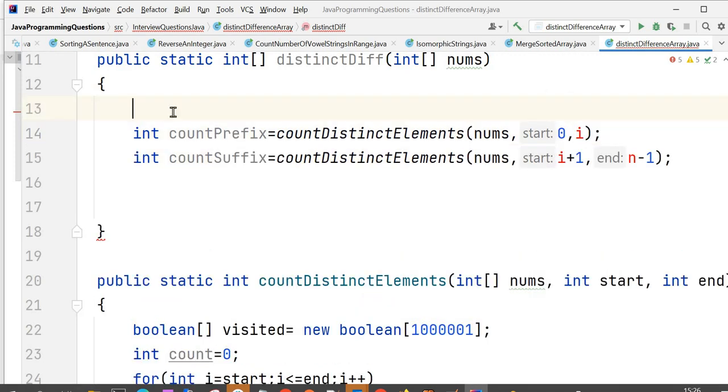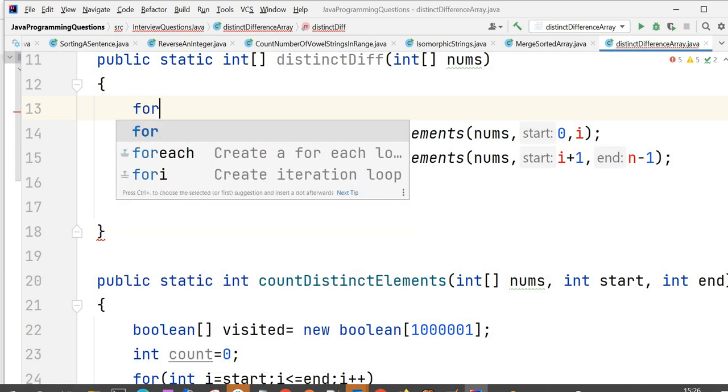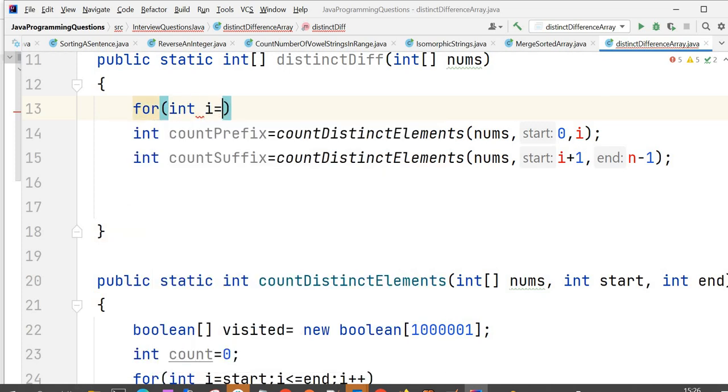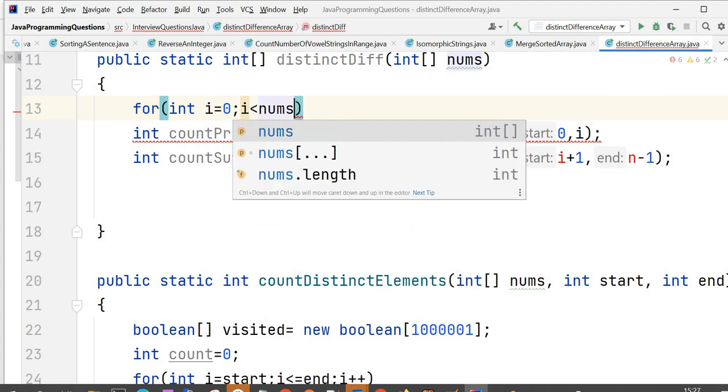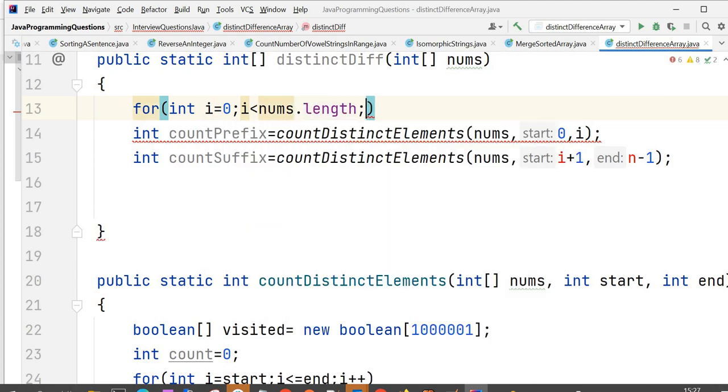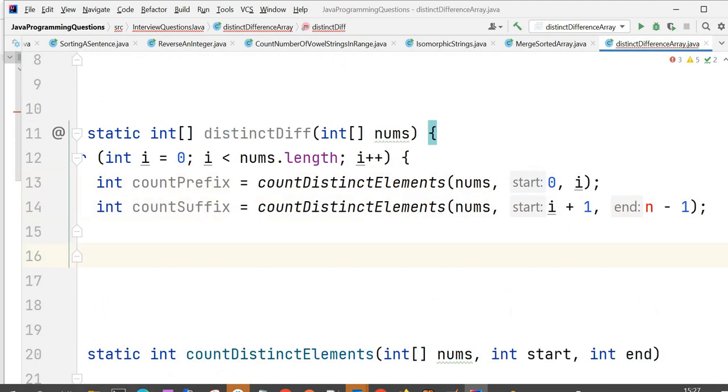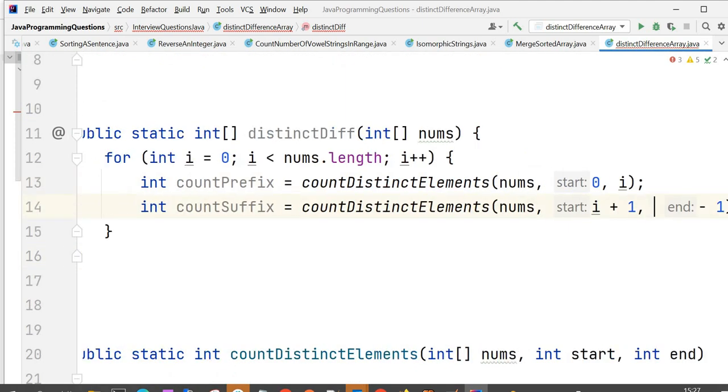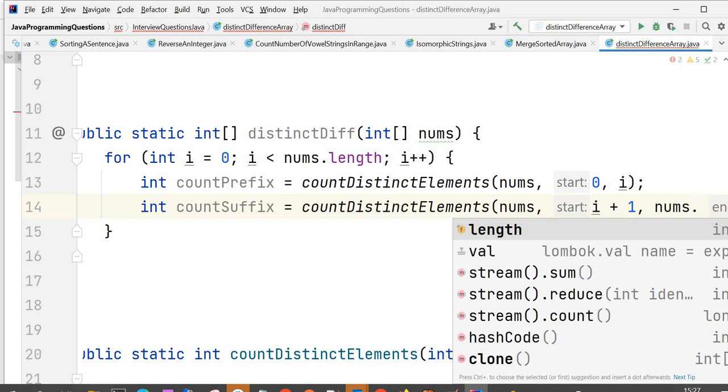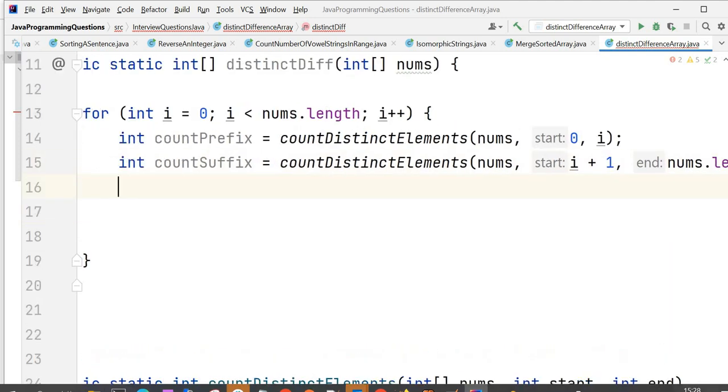Prefix and suffix, we are counting for each element of the array. So we need to write our loop, which would run while I is less than nums dot length, I plus plus. What is n? N is nums dot length, right? And then the difference at I would be count of prefix minus count of suffix, right?